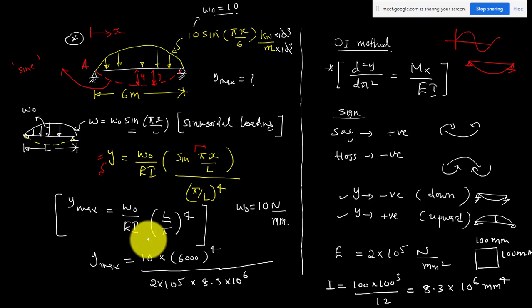So this is W0 by EI, then L raised to 4, and another term is pi raised to 4. If you solve it, it is a direct question. Because the problem we did yesterday is a numerical example, from that problem, if you know this equation, you can start from this equation itself. So this value you will get. You check the value. I think I got something around 79.